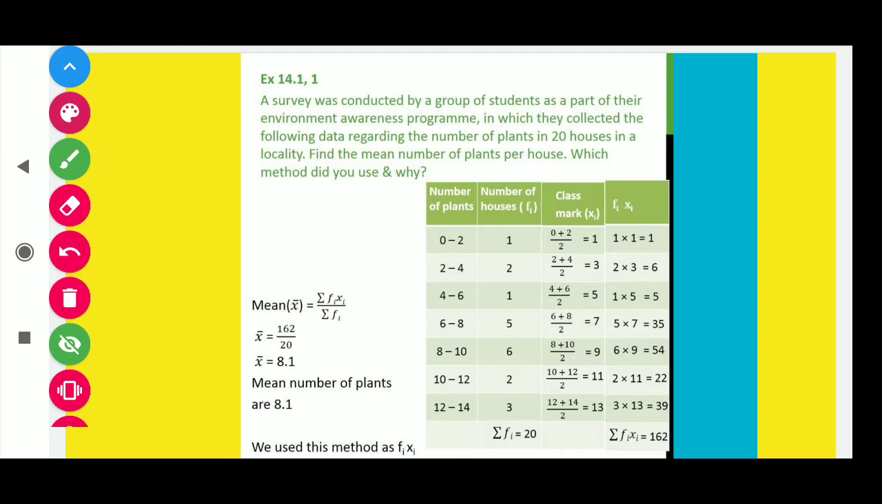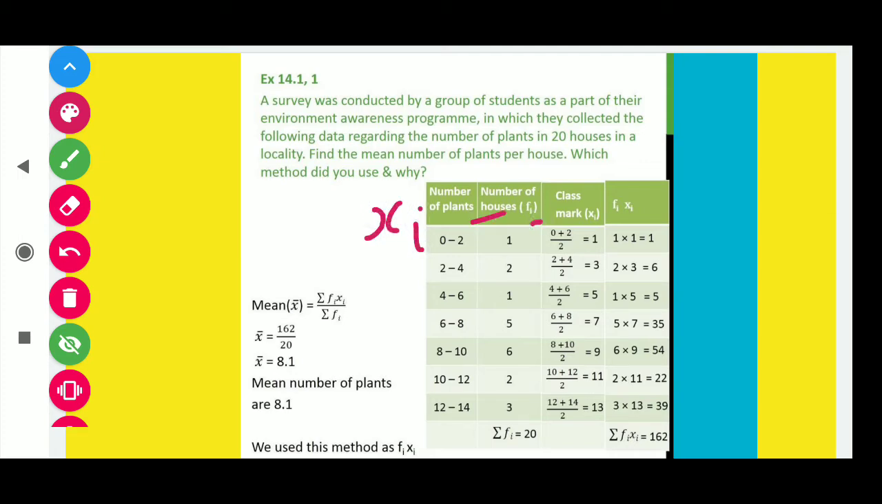Now अब हमें यहाँ पर mean find करना है. Formula of mean is sigma fi xi over sigma fi. This is the symbol of sigma, that means sum up, or you can say that summation. So students, for the same we have to do first fi into xi. So students, let's start. Here you can see that the number of plants denoted by xi and number of houses